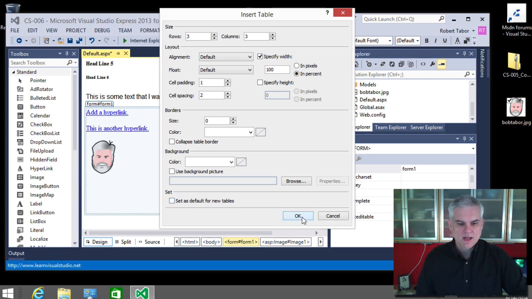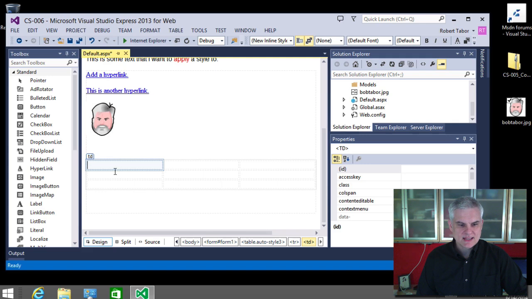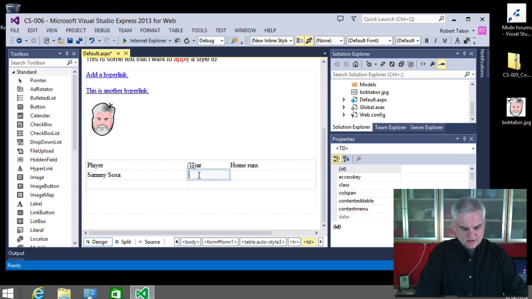That's a neat little shortcut. So okay, we'll click OK, and now you can see that we have a series of rows and columns. Notice the little TD. That's a table cell, essentially, in HTML. So I can say player, go to the next one, year, and home runs. And so we'll go Sammy Sosa, 2000, or 2005 maybe, I don't even know the date, and he hit probably 100 home runs that year,